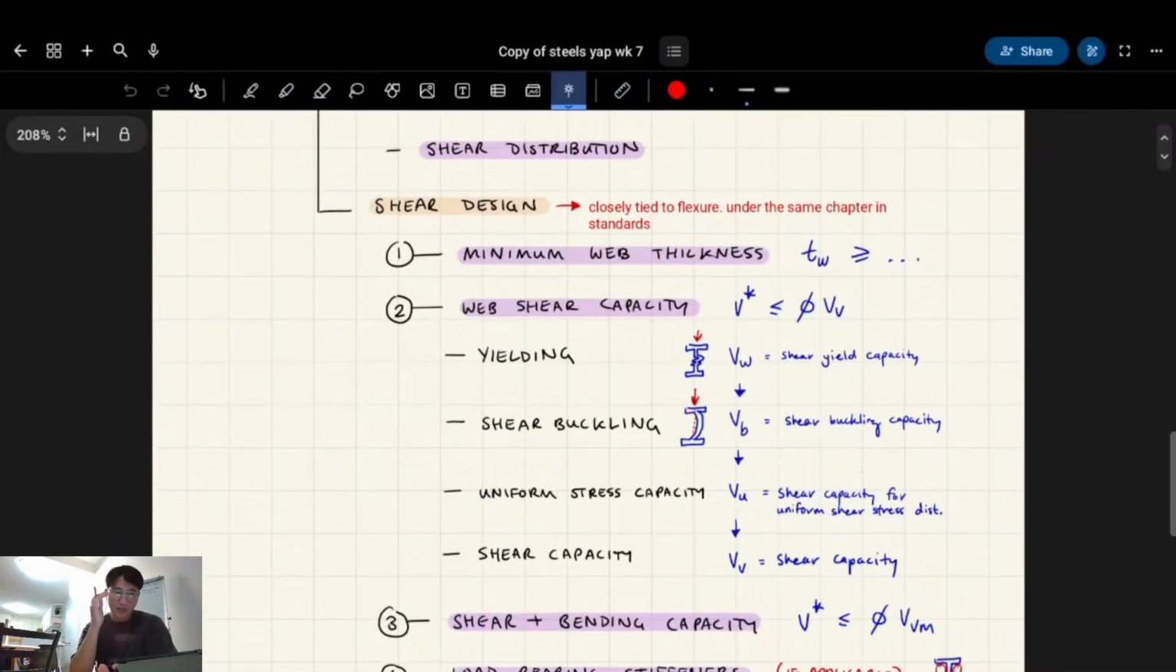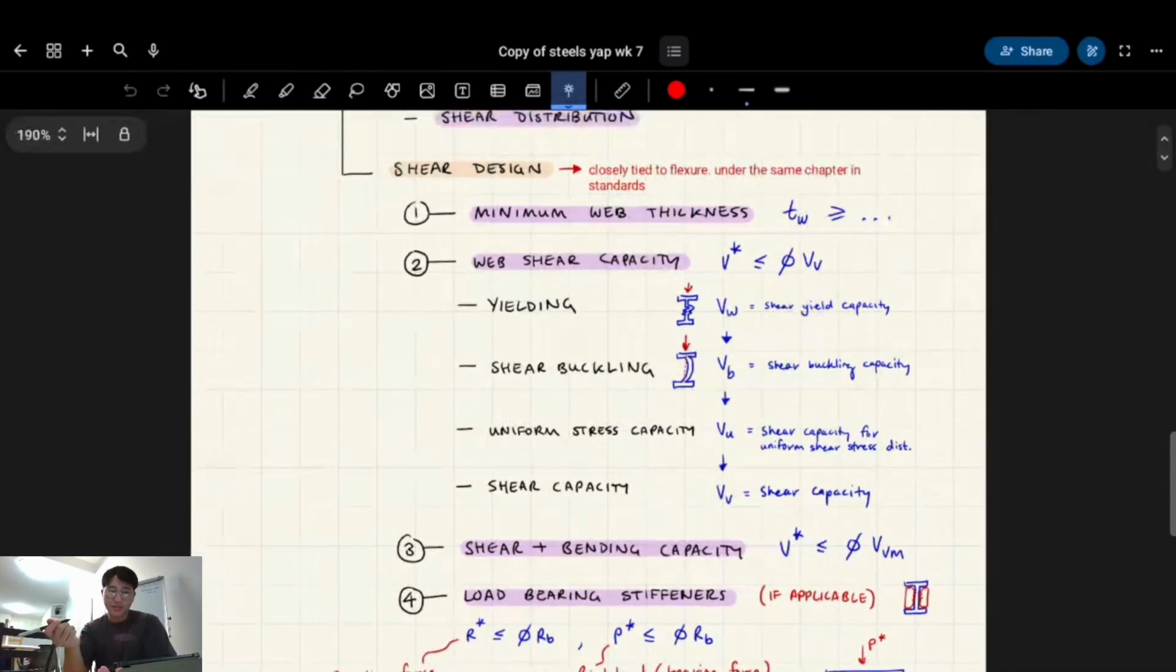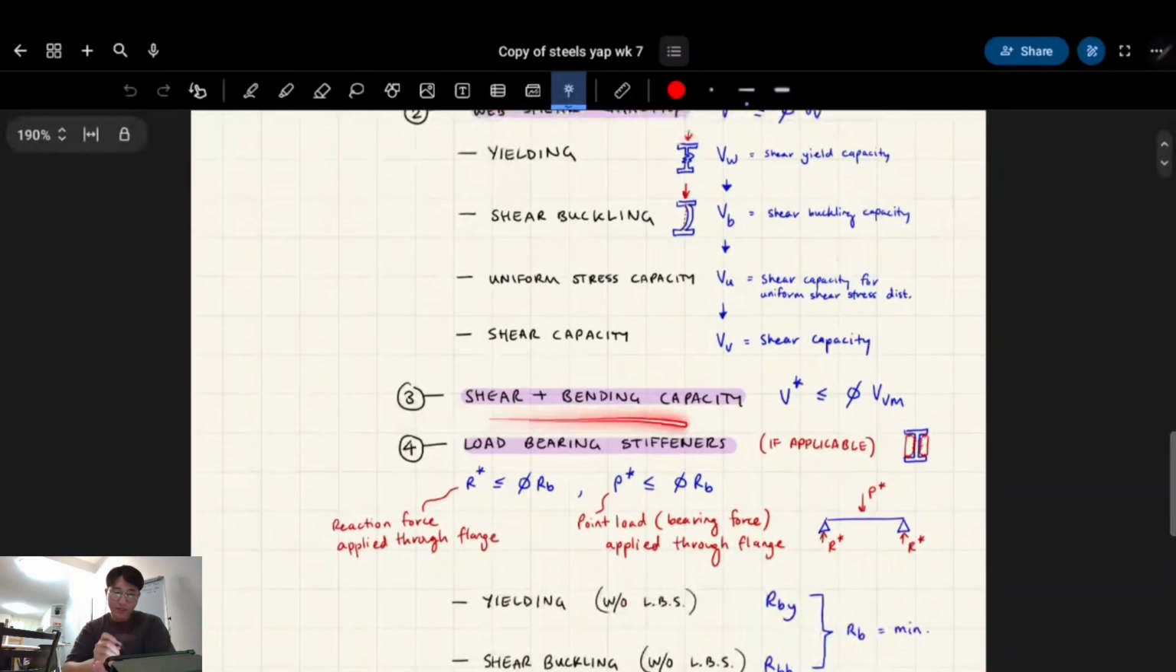Shear design has a couple of checks. There's basically four. I've broken it down into four. One is minimum web thickness. Okay, these I might just list them first, and then I'll explain them later. The second one is web shear capacity, and that'll be like the majority of shear design, in quotation marks. Okay. And then the third one is shear and bending capacity. So here's where